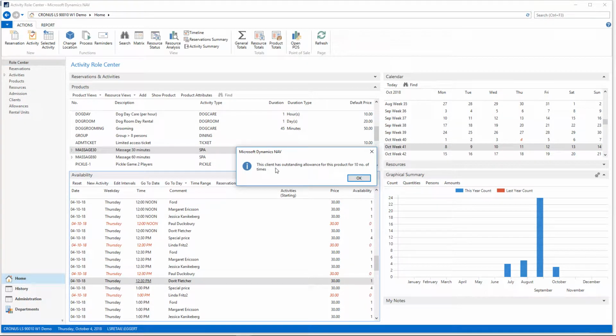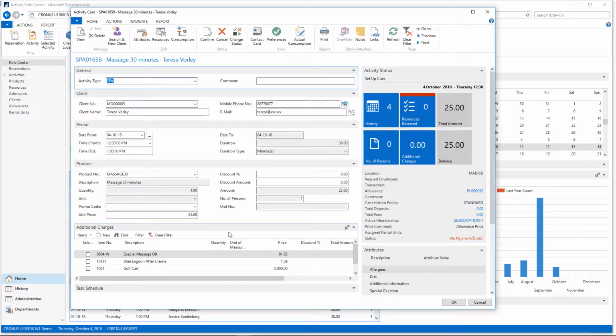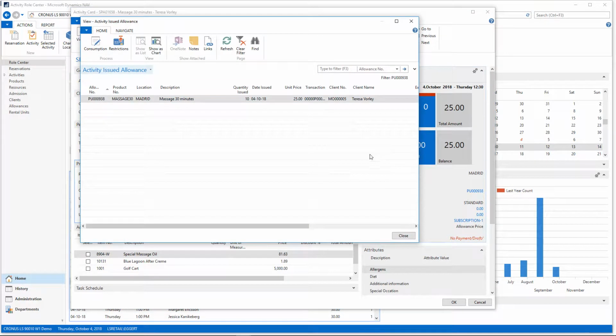And I get a message here that this client has outstanding allowance for this product for a number of times. This is just telling me that this customer has allowance. Otherwise, I just get the booking form or the booking card. And we can see the unit price is according to the allowance. We can see a price comment here, allowance price, just notifying that this price is based on allowance. And we can see the allowance here. Actually, we can even drill down and take a look at it. Teresa has the